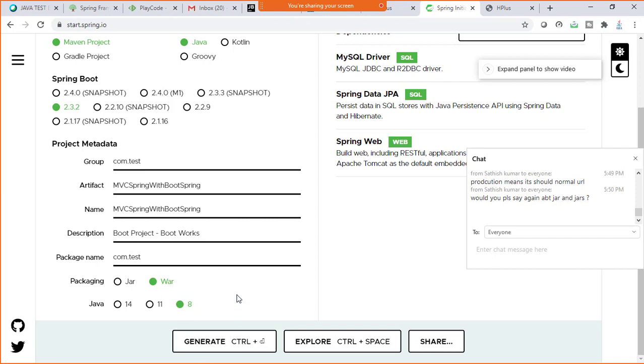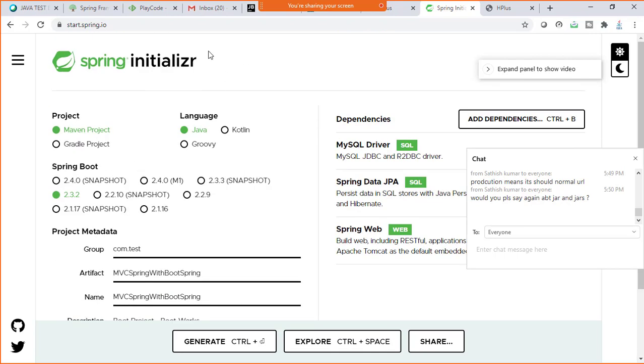You don't have to create a servlet initializer, that you will get. You don't have to add the packaging war, that will automatically be done for you. But still you need the JSTL jar that you added because of the internal resource view resolver, and Tomcat embed Jasper for auto deployment. This is how you can create Spring Boot.